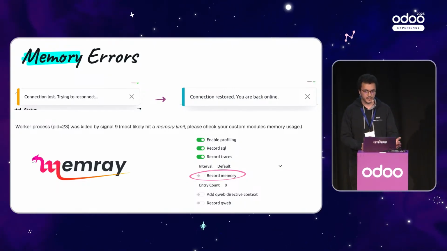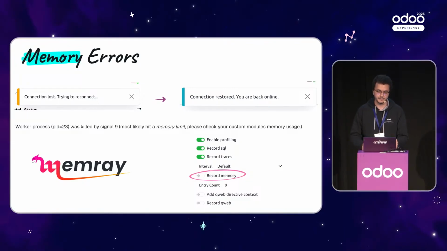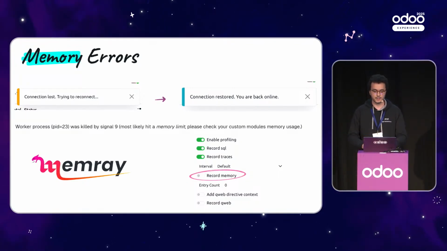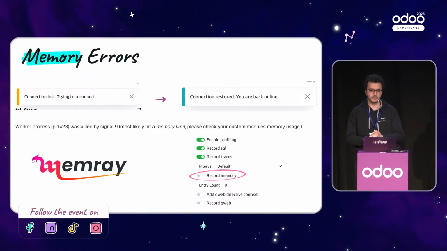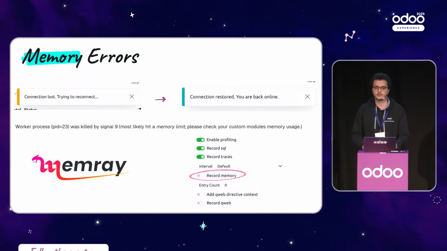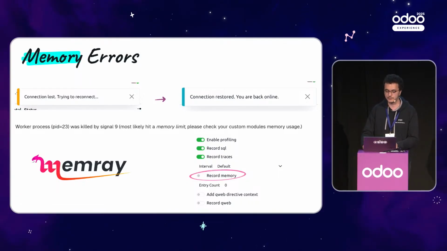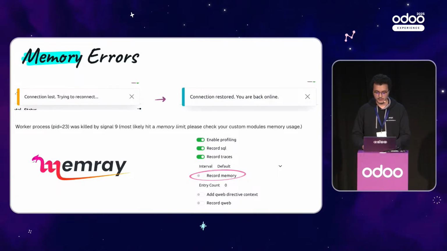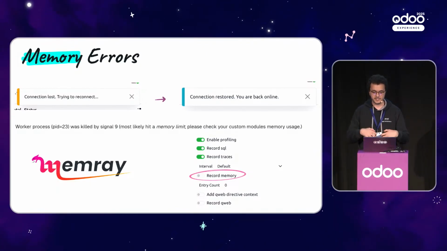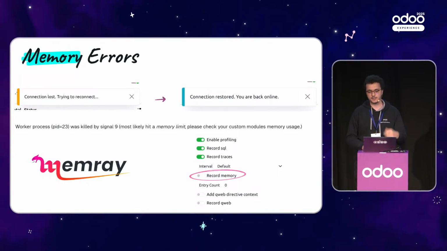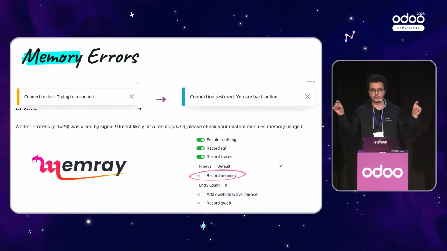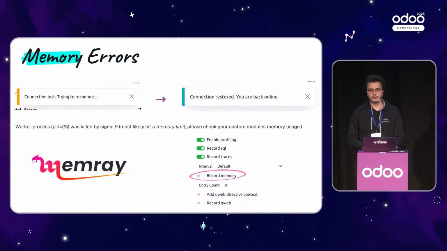It's simple. If you can reproduce the flow, we actually need tooling to analyze where the memory was used. The most popular one is Memray, a tool made by Bloomberg, and it's state-of-the-art memory investigation for Python code. The main idea is you take your database locally, remove the memory limits of your odoo-bin, attach Memray to the process, run the flow, and then it will spit out a nice graph telling you which part of the code, like any profile, is using a lot of memory, and you can start